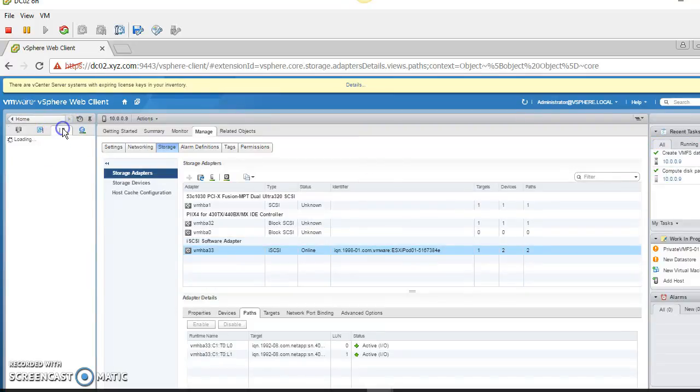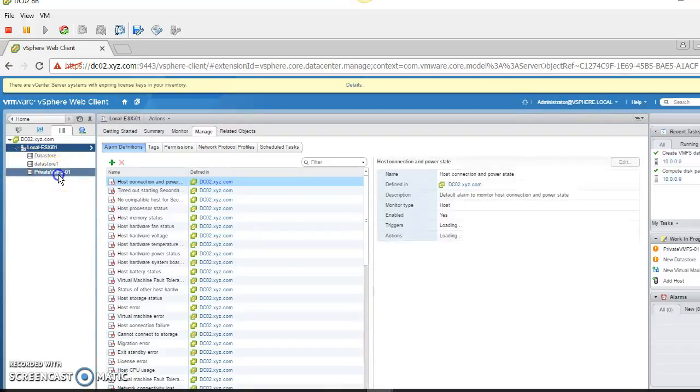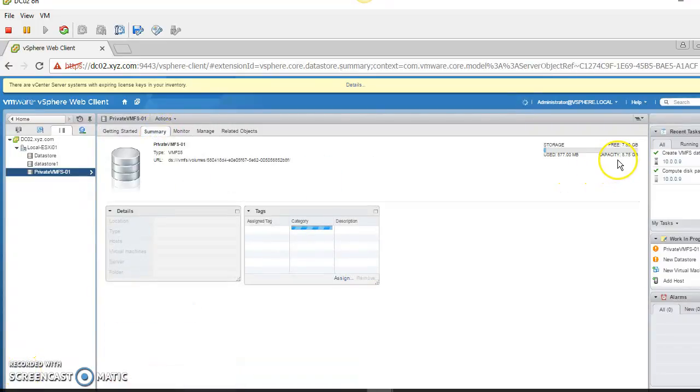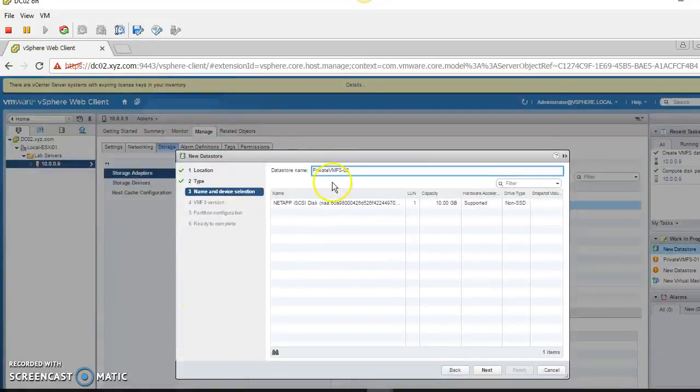If I go to data store, I should have my private VMFS, which is 9 GB. So you can see it's 8.75 GB. That means it's 9 GB approximately. The same way I'm going to create another VMFS. This is my second